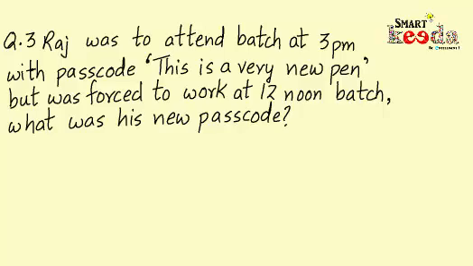initial example. First, we would note down the pattern that we obtained earlier in the initial example for the 5th batch in terms of labeled numbers, that is 6, 1, 4, 5, 3 and 2. This is the pattern of the numbers which we labeled to the words of the 5th batch. Therefore, we can also label the words of the passcode for the 5th batch in the given question in the same order. So this will be labeled with 6 number, is with 1 number, a with 4 number, very with 5 number, new with 3 number and pen with 2 number.